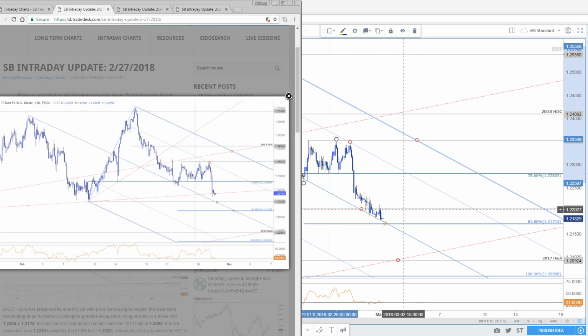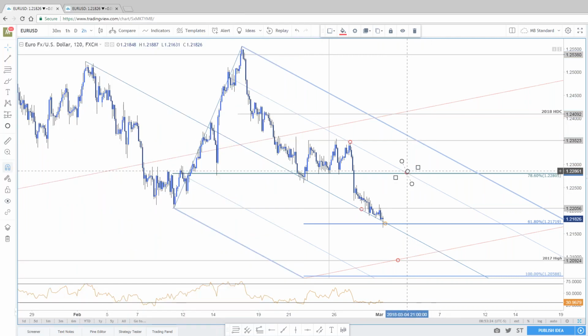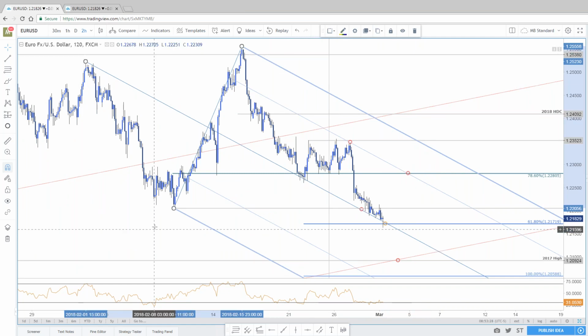Near-term resistance, I know I said 2250 on the daily charts, but on the intraday charts I want to highlight this region. This is the 618 line of the pitchfork. Perfect resistance. It comes in with the weekly opening range lows and coincides with that 786 retracement right around 2280. Okay, a downside break from here.